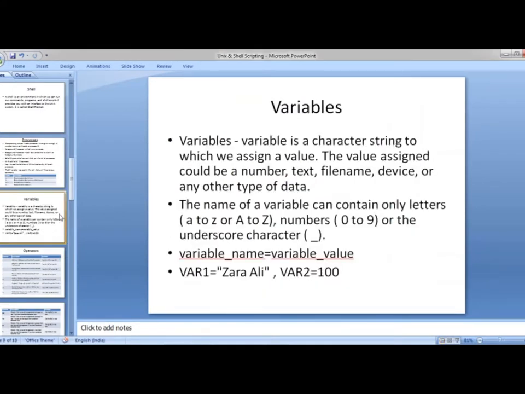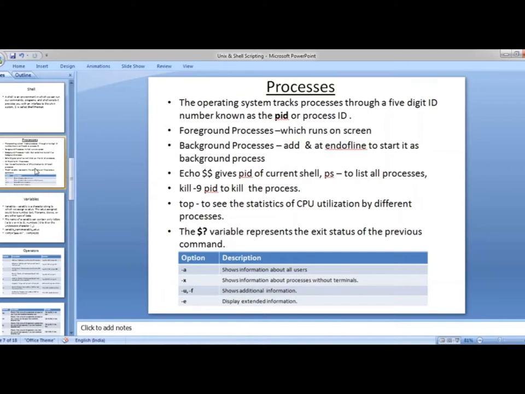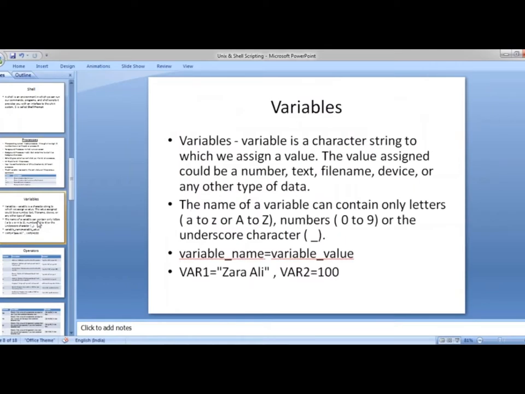And you have variables. So far we have seen basic commands to access and open files, do some file operations, change ownership and permissions of files, see the processes, how to kill a process, and how to know which commands or which shell is running on which process. That's what we have seen so far. Now going ahead with variables.